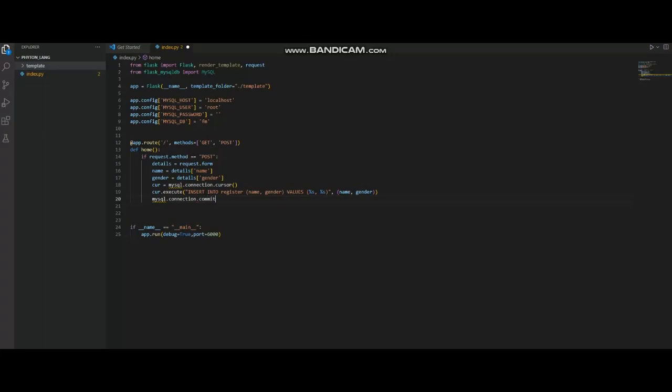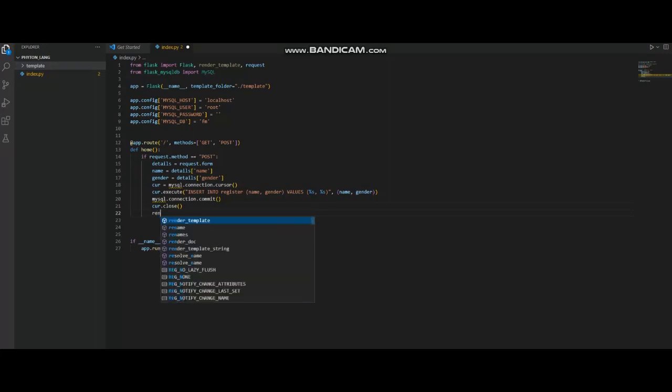We need to commit. Then afterwards, the next thing that we need to do is core dot close, which means we're going to be closing the full if here. So afterwards closing that, we need to do a return that, if everything is going well inside the if and everything has been approved or submitted, then it will return as a success. And then do a shift tab. So do another return that calls render